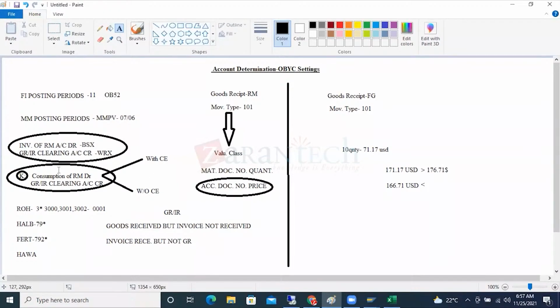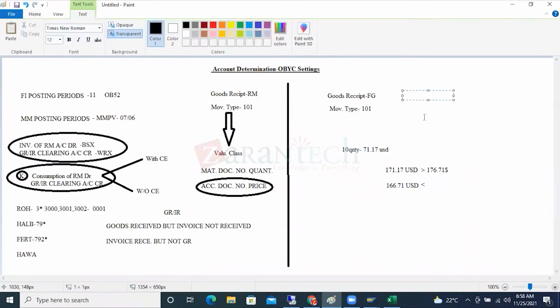For this raw material also, is it going to take the same BSX key, Mahesh? Okay, forget about the GRIR. The GRIR is always going to be called WRX only. But for the raw material consumption account, is it going to be the same key? No. Raw material consumption account, consumption. When you see the consumption, once you receive the raw material, when you are issuing the raw material, when the goods issue has happened,